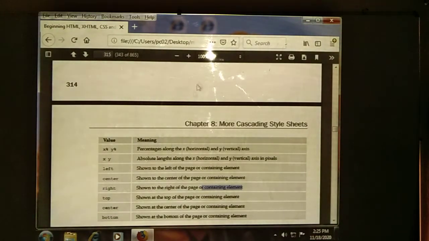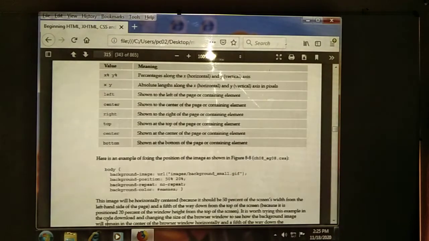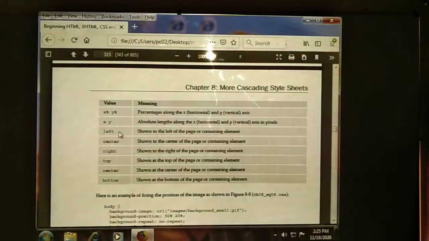Top means it should be displayed at the top. Bottom means the bottom of the page. Center means the center of the page. Consider left, right, center to be aligned on the horizontal axis. If you are using top, center, bottom, it is vertical alignment.